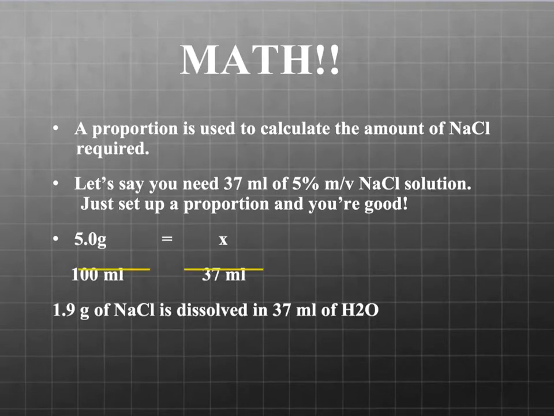If you said use a proportion, you're correct. So let's say you need just 37 milliliters of 5%, and we'll do a sodium chloride solution again. So you set up a proportion and you're good. So 5 grams out of 100 milliliters is a 5% solution. So how much is that out of 37 milliliters? So it's 1.9 grams of sodium chloride dissolved in 37 milliliters of water. So you can use this example, you can come and look back at it over and over again